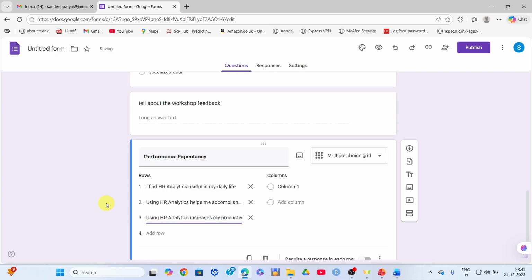So for example, I have these three questions. For Likert scale, you have to write items here, 3 items, or 4, 5, any number of items in the row. And in the column, you just have to click here and write